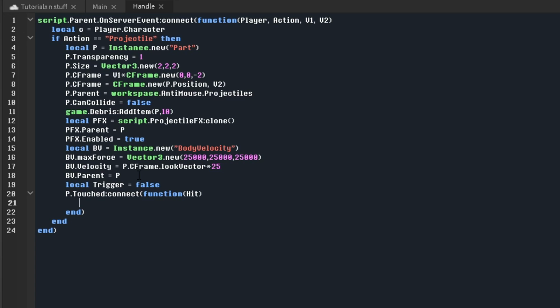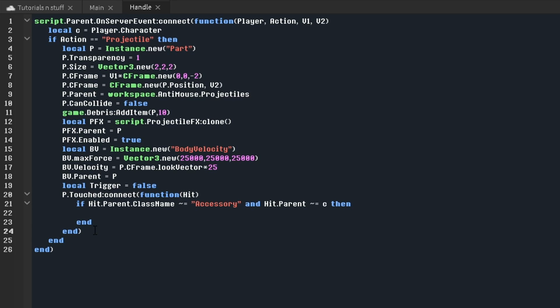What we want is, we're looking for a part, but not the player. So if hit.parent.ClassName is not equal to Accessory, and hit.parent is not equal to our character, then what we're gonna do is